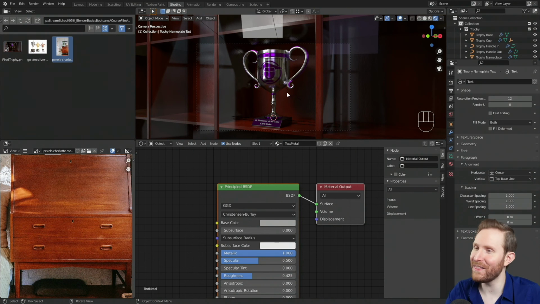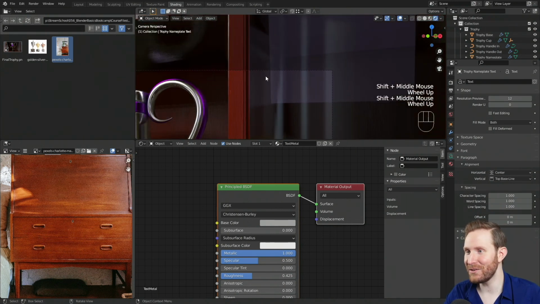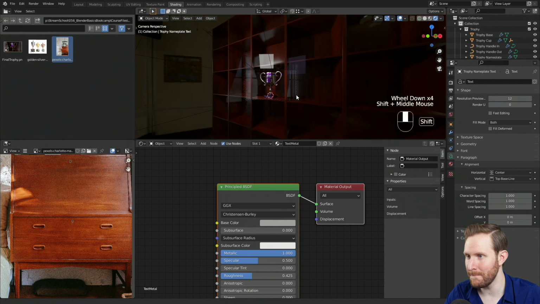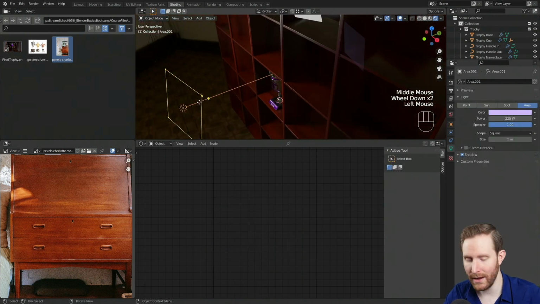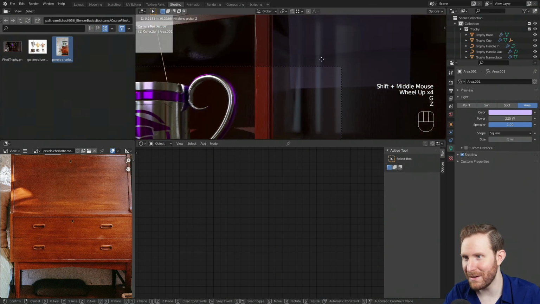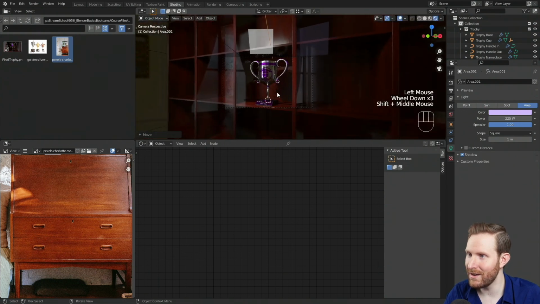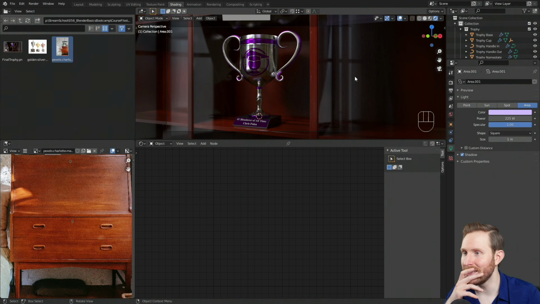Oh, one other thing we want to change, I knew there was one other thing, is you can see the reflection of our fill light, just this really hard-edged perfect square in the upper right-hand corner of the frame. So to fix that, I'm literally just gonna move my fill light. So I'm gonna select the fill light we made a couple videos ago, hit G Z, and I'm gonna move it up outside of the camera view. Click to set it down, and now I'm gonna hit the little, oh, before I move it to that, one